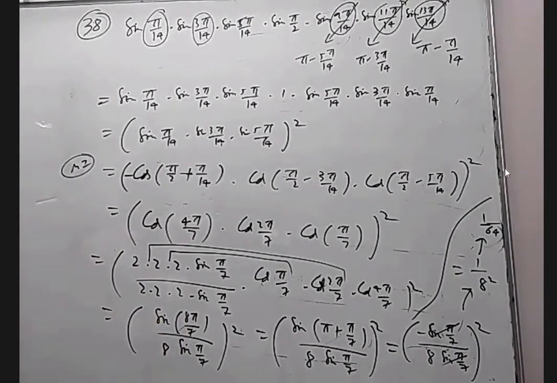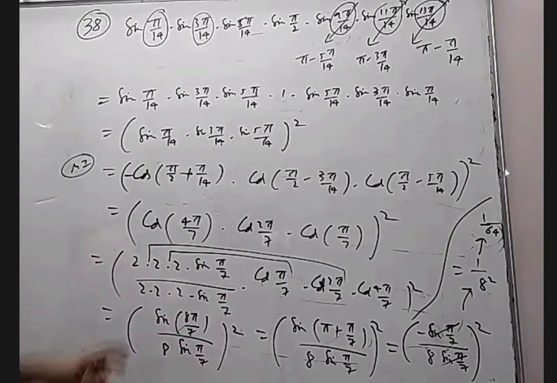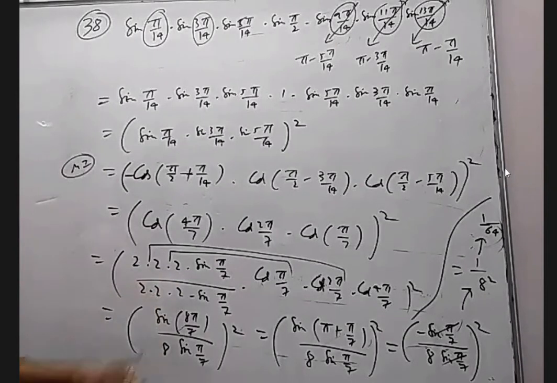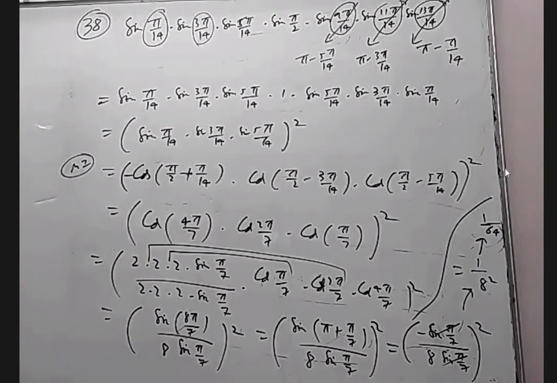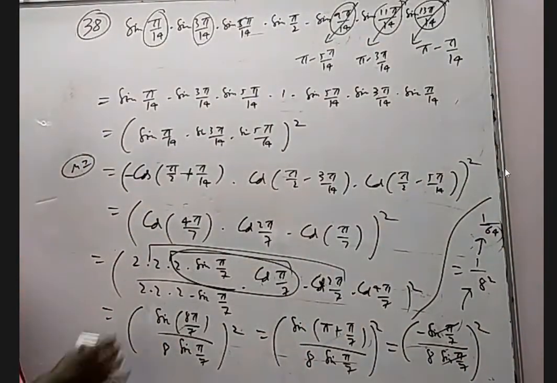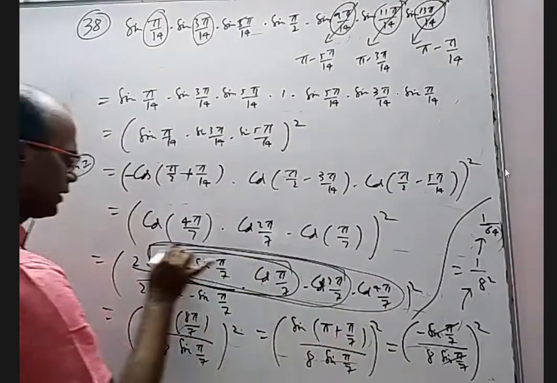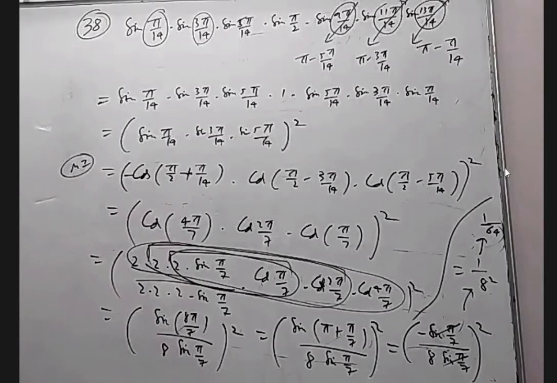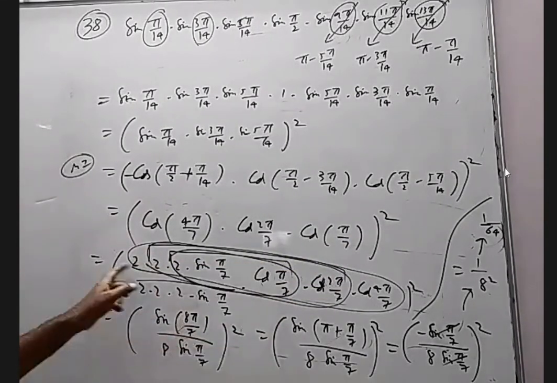Sir, you took 3 times 2 as those values are double of each. The reason I multiplied 2 is I want to use sine 2 theta formula 3 times. That's why I multiplied with 2 3 times. This is sine 2 theta formula based on the sine 2 pi by 7. This whole thing is sine 4 pi by 7. This whole thing is sine 8 pi by 7. Is it okay? So, sir, if there are two values, then you will multiply 2 only twice. Yeah, you are right. If I would have one more term, you have to multiply 4 times also.